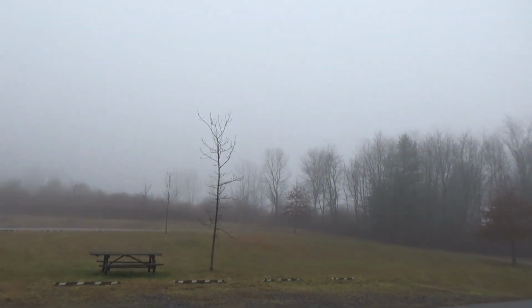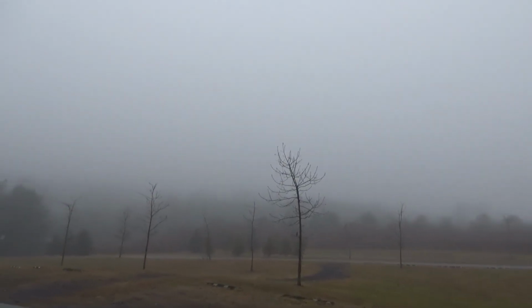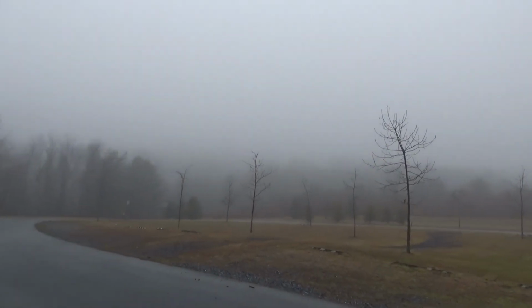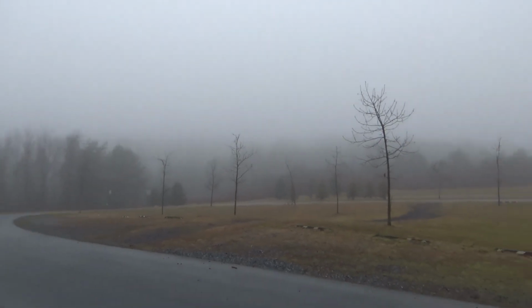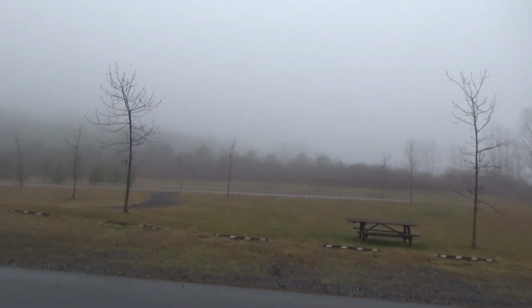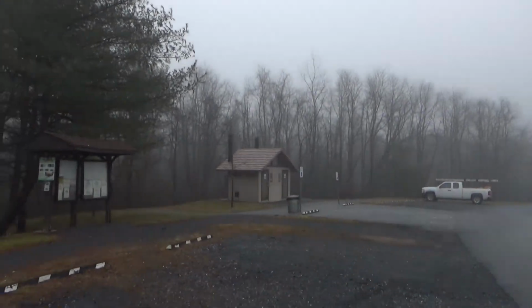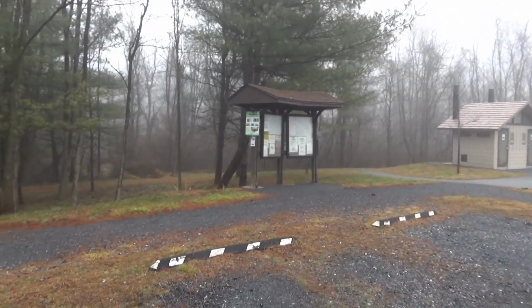Alright, today we're going to do the Swatara Rail Trail and the Swatara State Park. We're here at the Trout Run trailhead, and as you can see, it's a little foggy, but as you pull in here, you got your